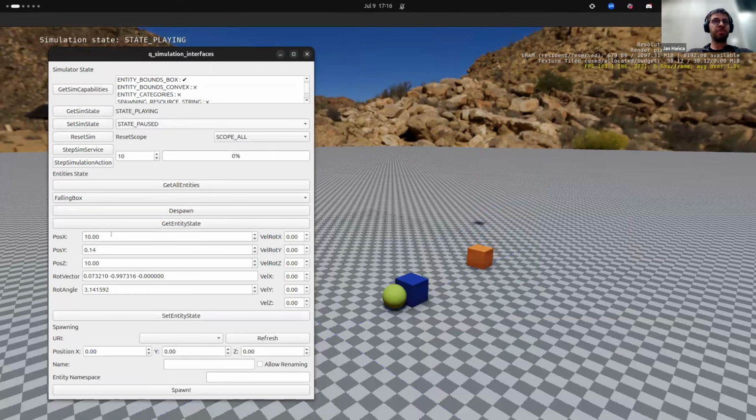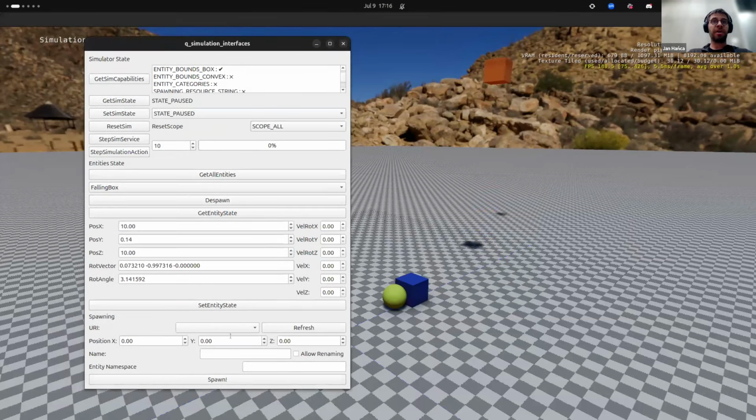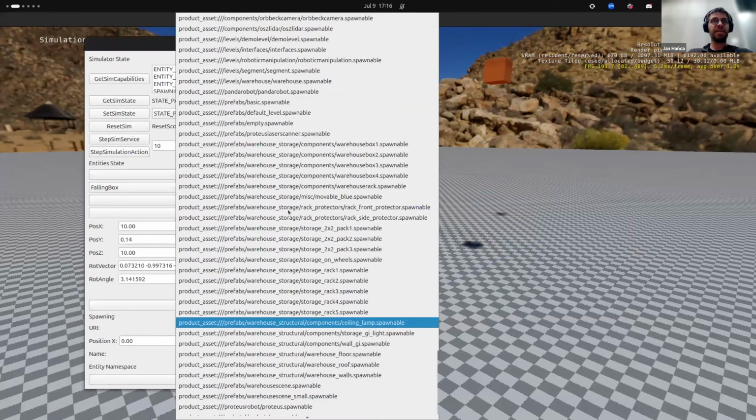Of course, I can pause the scene. I can set the entity first, and I can have it in the air, and so on and so on.